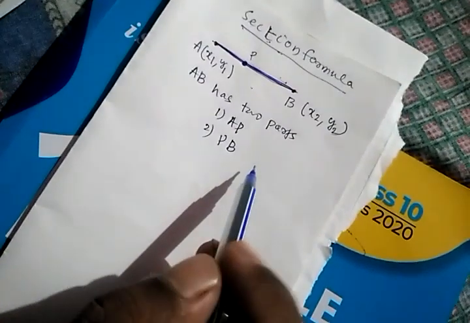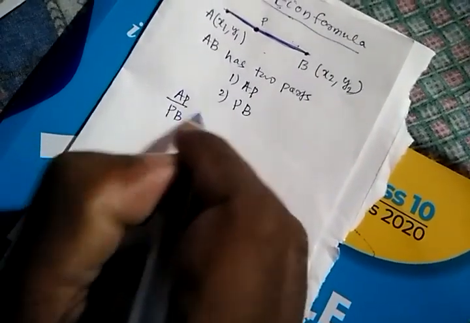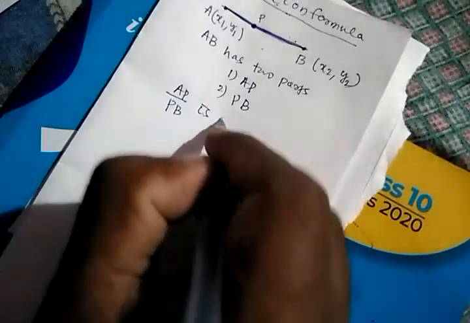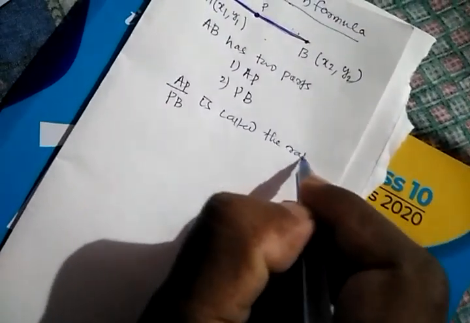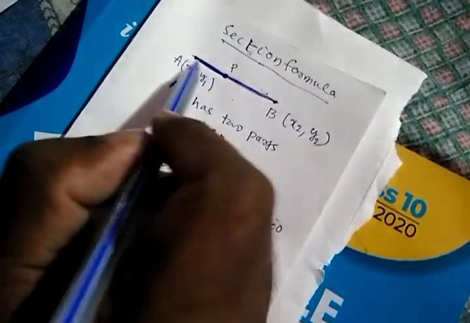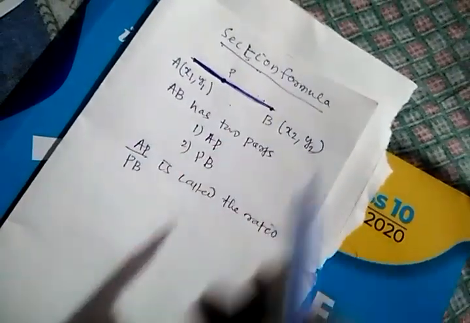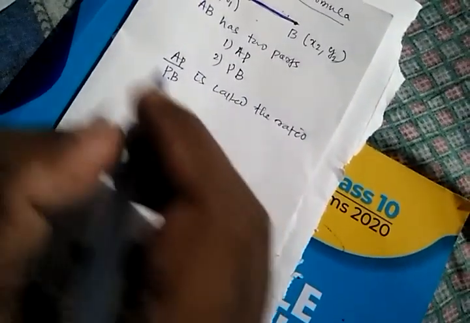Section means parts of division. Now AP by PB is called the ratio. Ratio means the division of AP and the division of PB is called the ratio. Means AP by PB is called the ratio